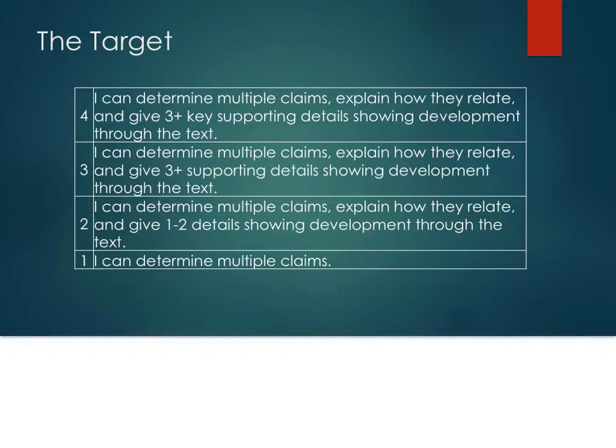When we look at the target, we'll see that it builds quite clearly from the 1 level. 1 level says I can determine multiple claims. And that multiple claims is going to be a key difference from your previous years of study. In the past, you have been asked to find a single claim or a single important idea in a text. Now you're going to be asked to find multiple. For our purposes, that will be at least 2, but many of the texts that you are presented with will